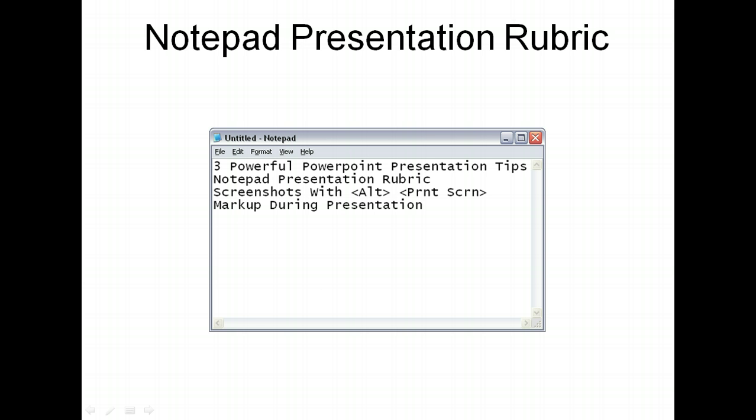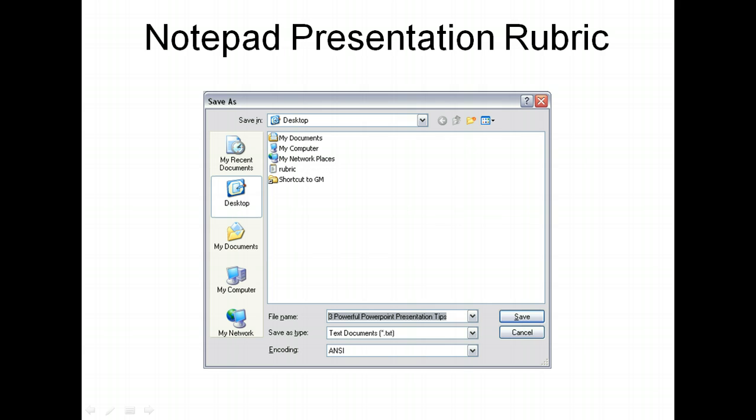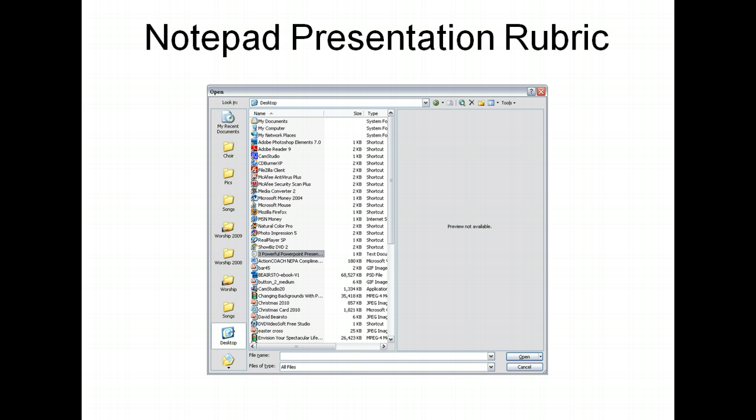So what we did is we've gone into Notepad and we very quickly typed the title of the presentation that I'm actually showing, and then the headings for the next 3 slides. Then I'm going to go ahead and save that, and I saved that file onto the desktop. Then we're going to go within